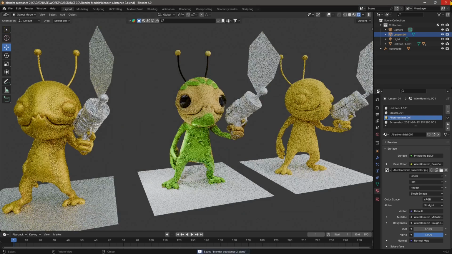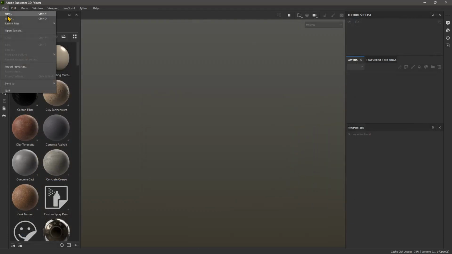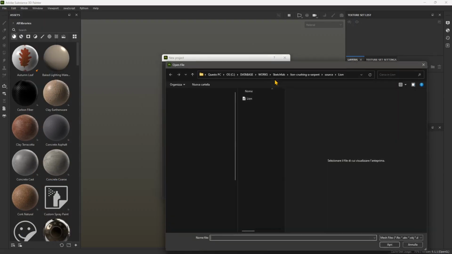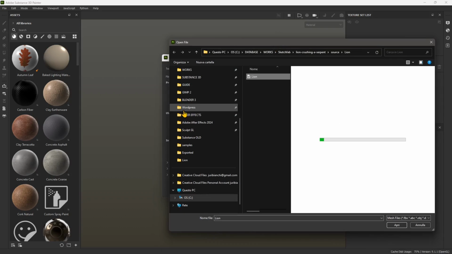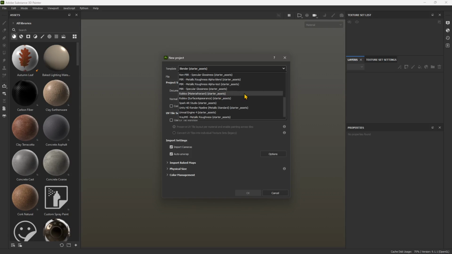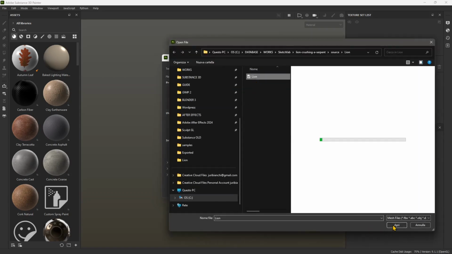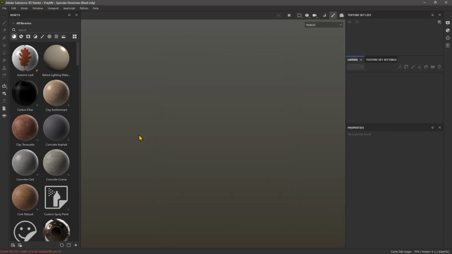So I'm going to go back into the Substance Painter application and go to, again, File, New, and I'm going to select the lion, or I drag and drop the asset as we already saw. Now, also before we import this, if you change the template here, you're going to have a slightly different setting when you create a new layer. So for example, let me choose one of these, let's choose V-Ray materials, specular glossiness, and select the lion, and let's say okay,